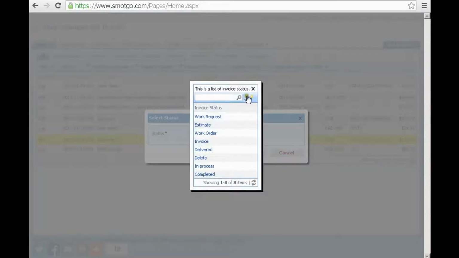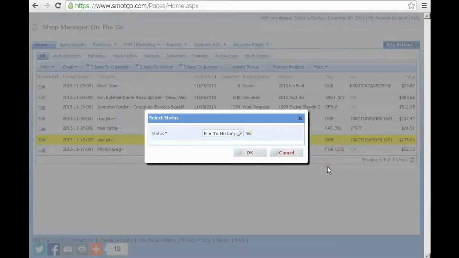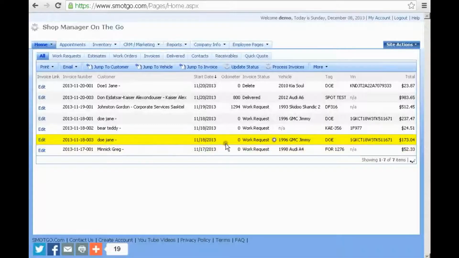But we're going to add our own status of file to history, and we're going to create an alias of delivered. So the system is now going to treat any invoice marked as file to history as if it was marked delivered. So that means if you use file to history as a status on an invoice, it will also be processed when you process the invoices. So you can see that one's now